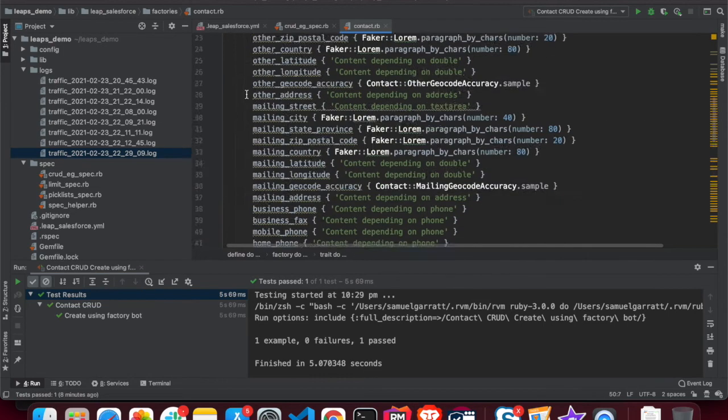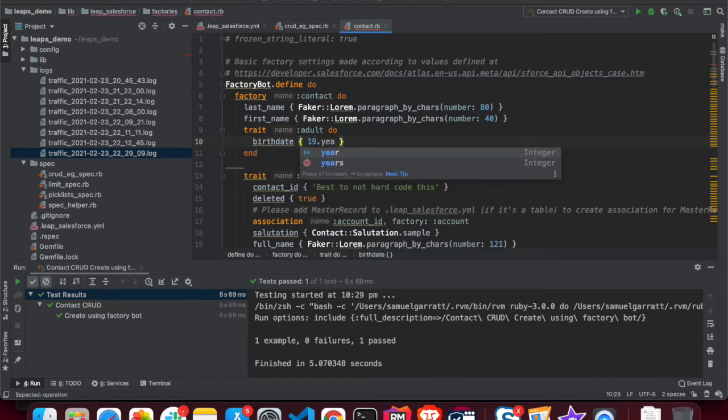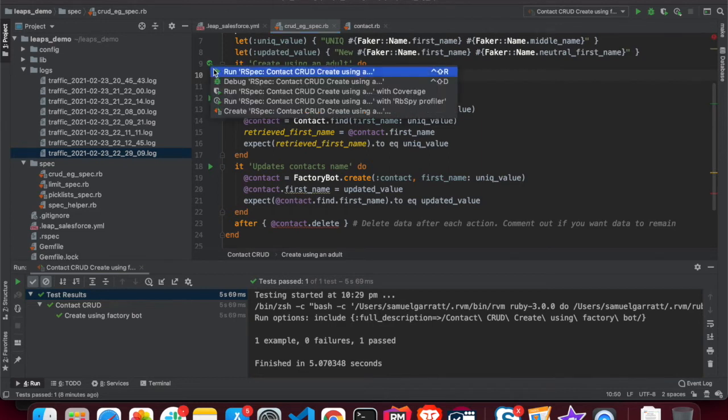So I'm going to drag that up, put that into this adult trait, and then maybe I'm just going to say 19 years ago. So this is a nice human readable way of setting a date. Then I can get this trait name, and inside here I can just put a comma and then put the trait name. And so when I rerun this test,